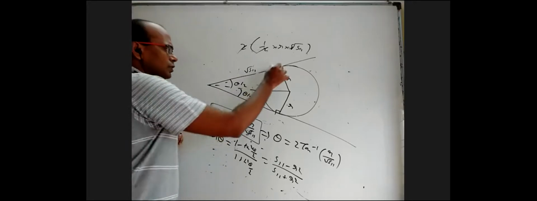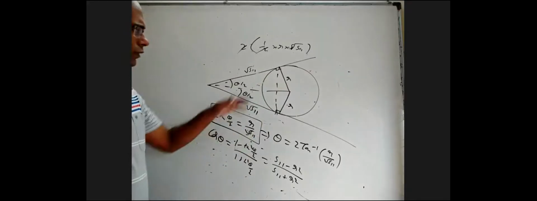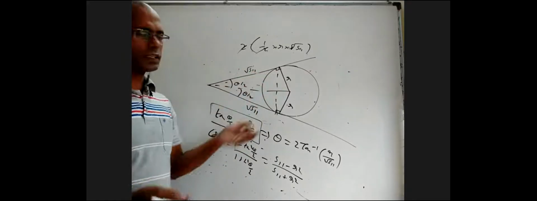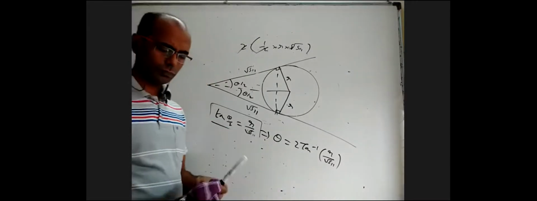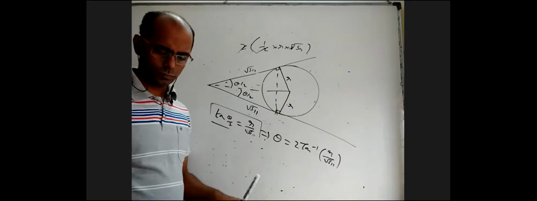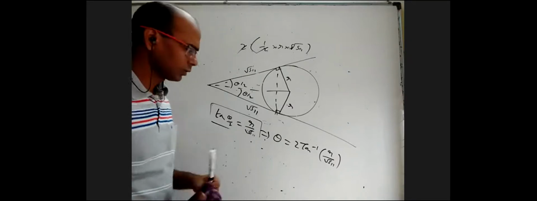Sometimes they can draw this line and ask what is the area of this triangle, what is the area of this triangle. Once you get 1 or 2 lengths, every other length can be found just from the figure only. Don't do anything much. All of you are able to follow? Yes, sir. Okay. If at any time video or audio is not clear, please let me know.